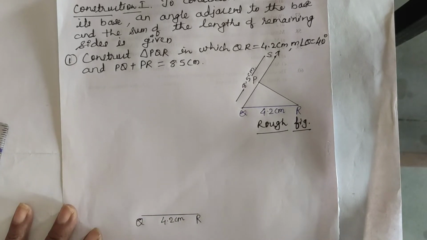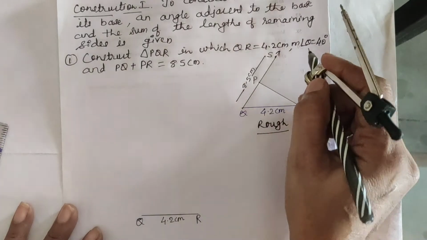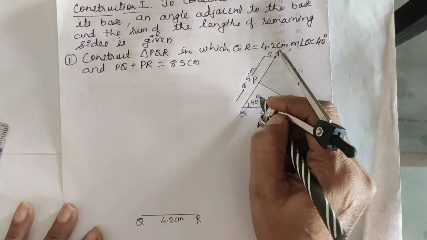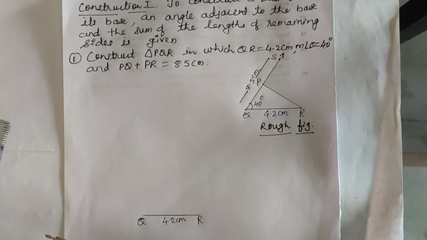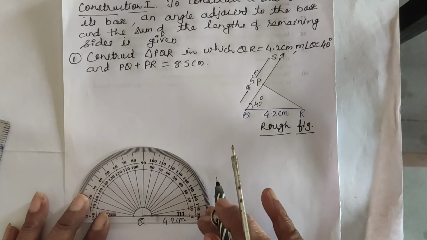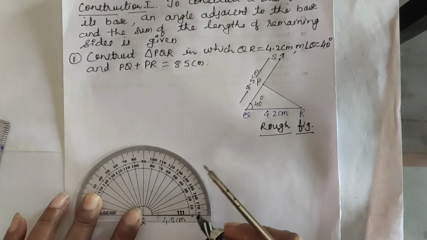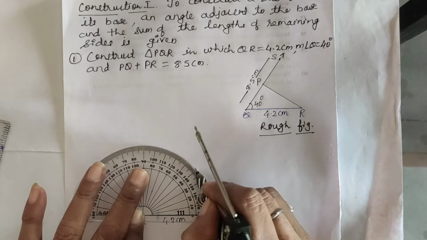Okay. Now on the ray make an angle of 40 degree. What is the measure of the angle given here? 40 degree with segment QR. As you can see, measure of angle Q is given as 40 degree. So let's write here 40 degree. Now use the protractor to draw the measure of angle 40 degree. You know how to draw the measure of an angle with the help of the protractor. Q is the center, as angle Q is given to you. From this side you will start counting 0, 10, 20, 30 and 40. This is your 40 degree.